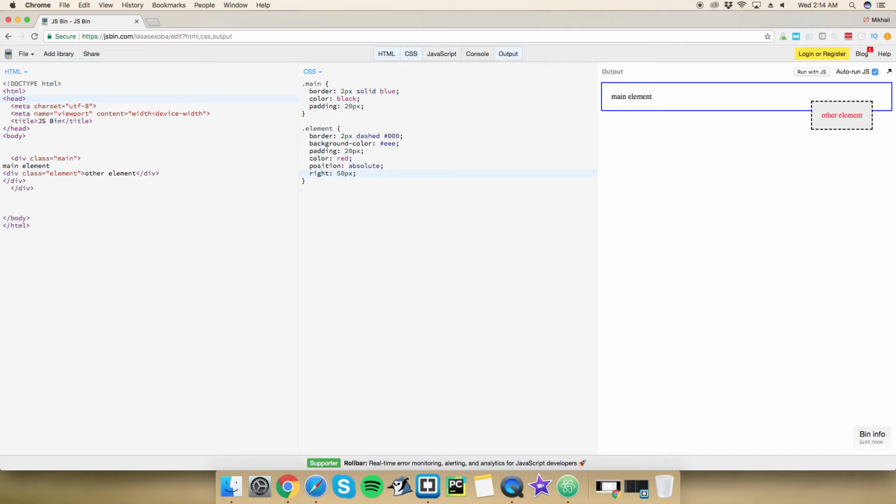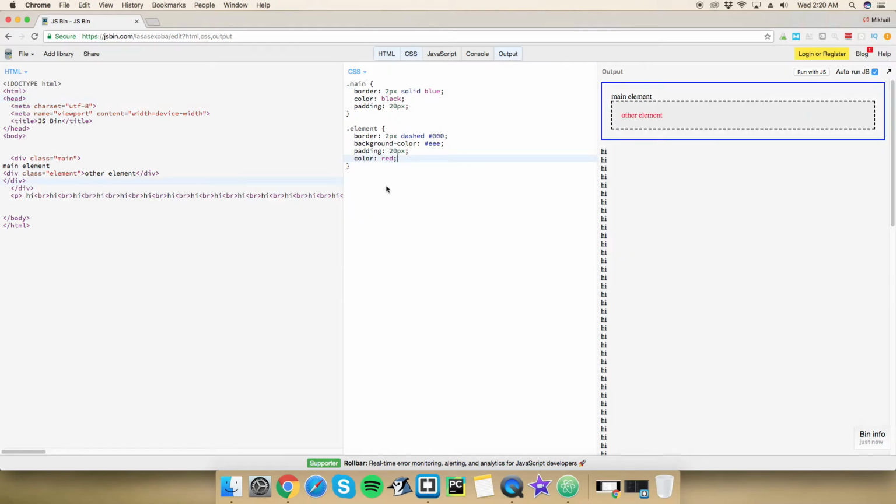Okay, so fixed is kind of similar to absolute because it can help you position the element anywhere relative to the document, but its value is unaffected by scrolling. All right, so to demonstrate this, I went ahead and added a bunch of line breaks with the word hi to take up a bunch of space so that I have a scroll bar. But basically, as you can see, if I go ahead and add position,